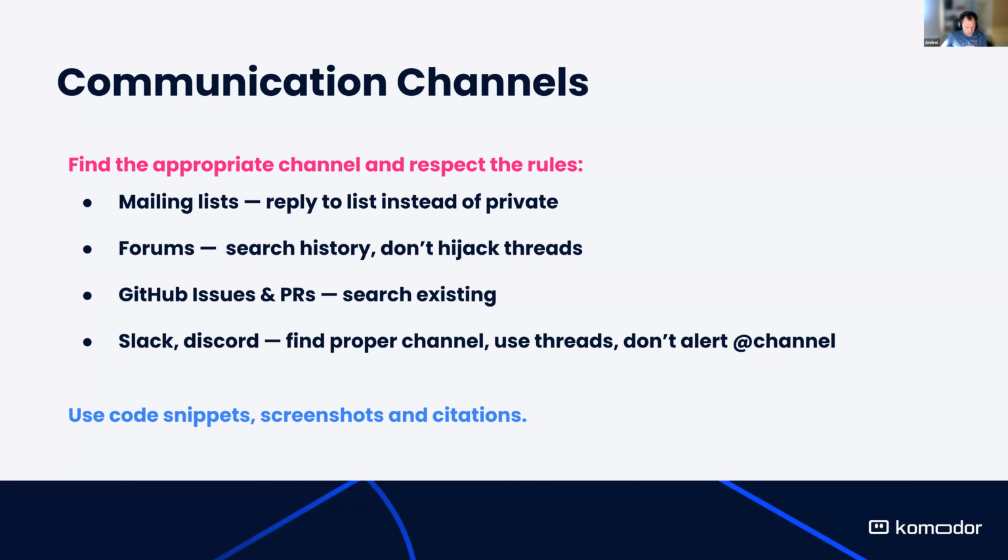Now, communication channels. There can be several communication channels. Some projects even have multiple communication channels used, and you should learn how to use those channels appropriately. For example, we know Slack. We know that there can be forums and GitHub issues and pull requests. There can be mailing lists. They still exist until now. Like the JMeter plugins project has mailing lists.